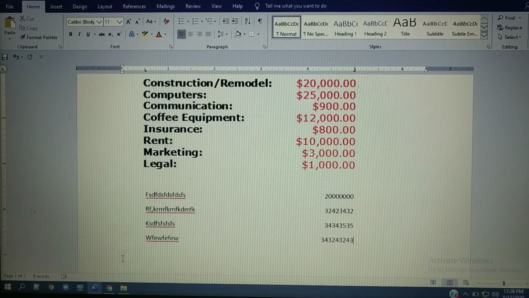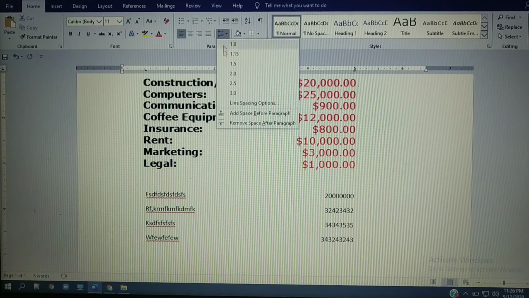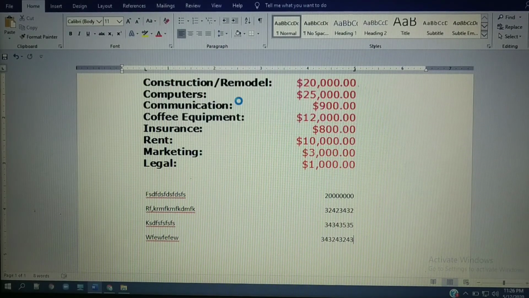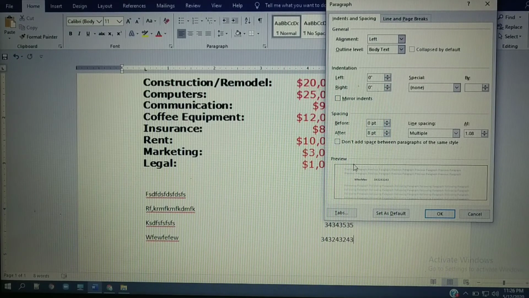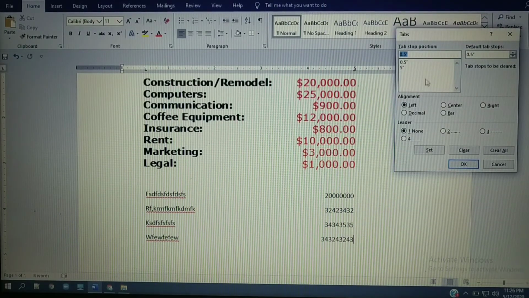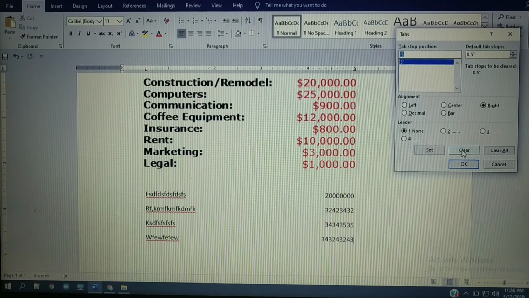If you want to remove these tabs, then again you need to click on this line spacing option. Click on line spacing and then indents. Again you need to click on tabs here and then select which tab you wanted to remove. Select and click on Clear to delete that tab. If you wanted to delete many tabs or else all tabs, then you need to click on the Clear All option here, and next you can click OK.